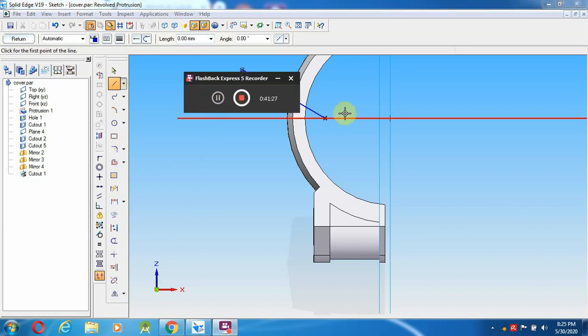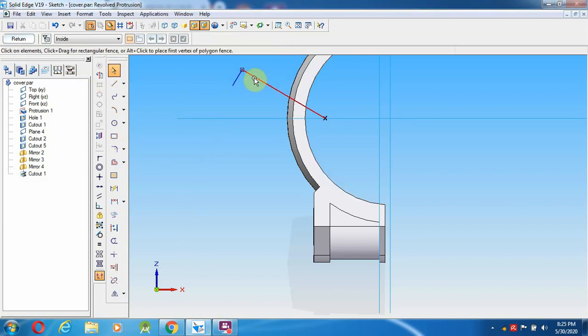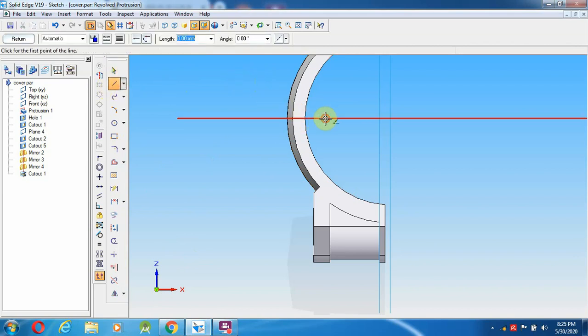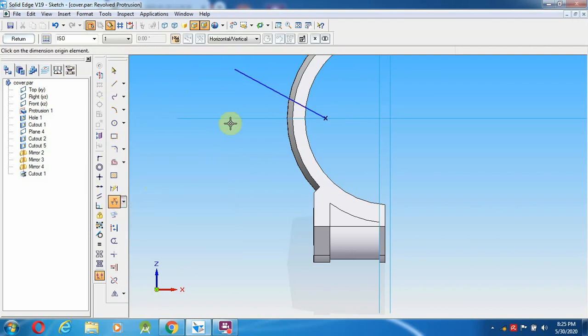So in this one go for line. So select a line, draw one more line somewhere here, then go to the angle between. So from here to here the angle is 30 degree.